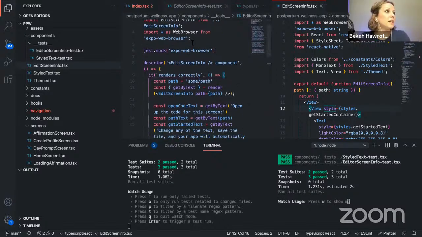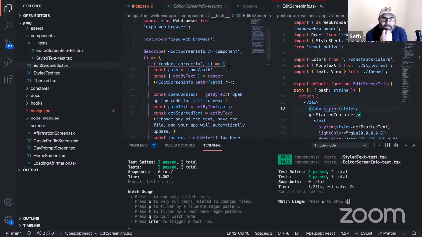Okay, so this is mocking the browser or something. You're looking at Expo web browser. What I think is probably happening is that you can be running this in iOS, in Android, or in a web browser. So my guess is that this test is specifically looking at what's run in the browser. Got it, makes sense. And that's what line 6 is doing. It's allowing us to mock the web browser. That is what I am guessing as well.